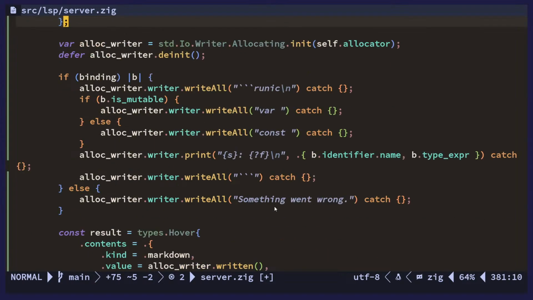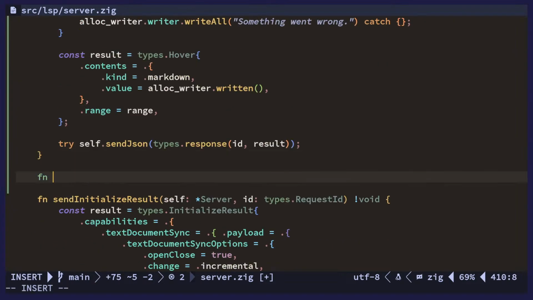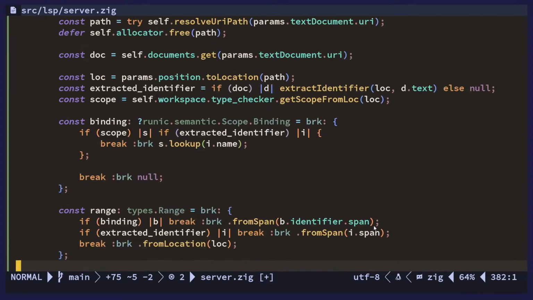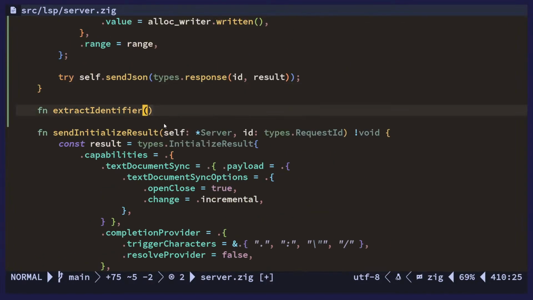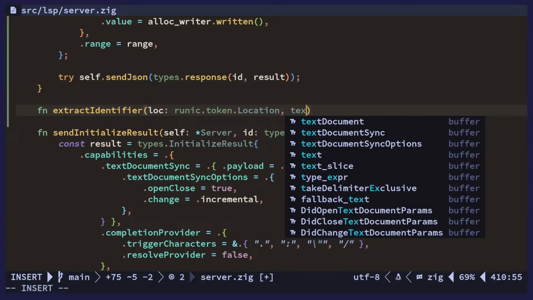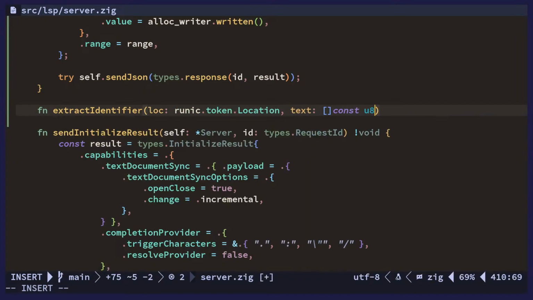All right. Yeah. So we need this. We need extracted identifier. Extract identifier. What do we need? We need location and text, right? So location, and text or source or whatever, and we should get